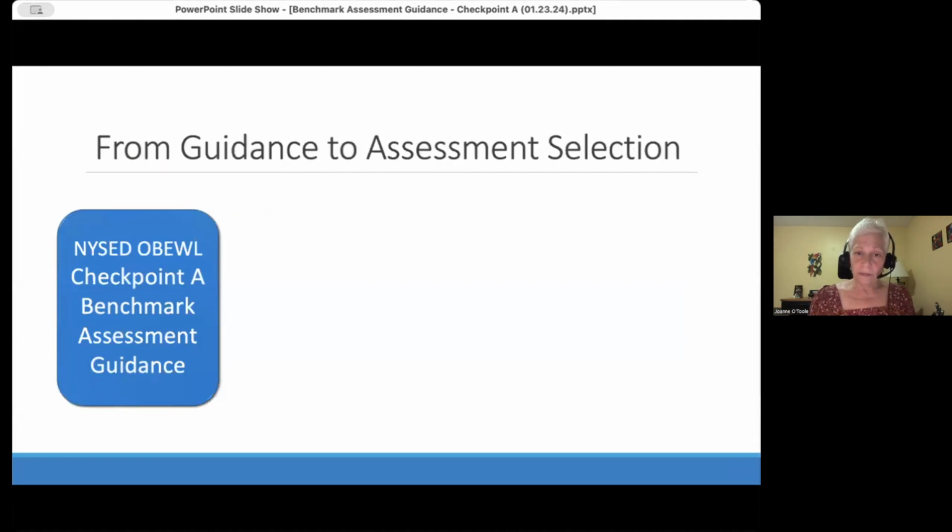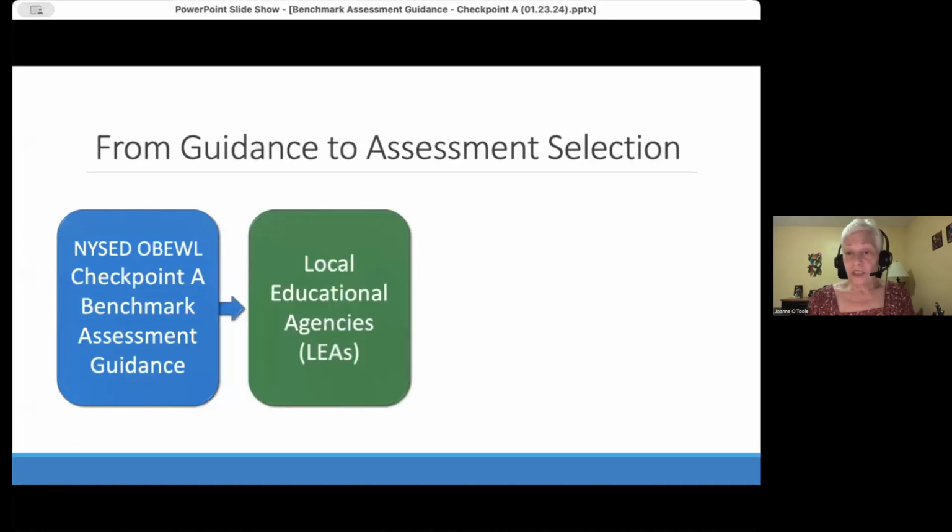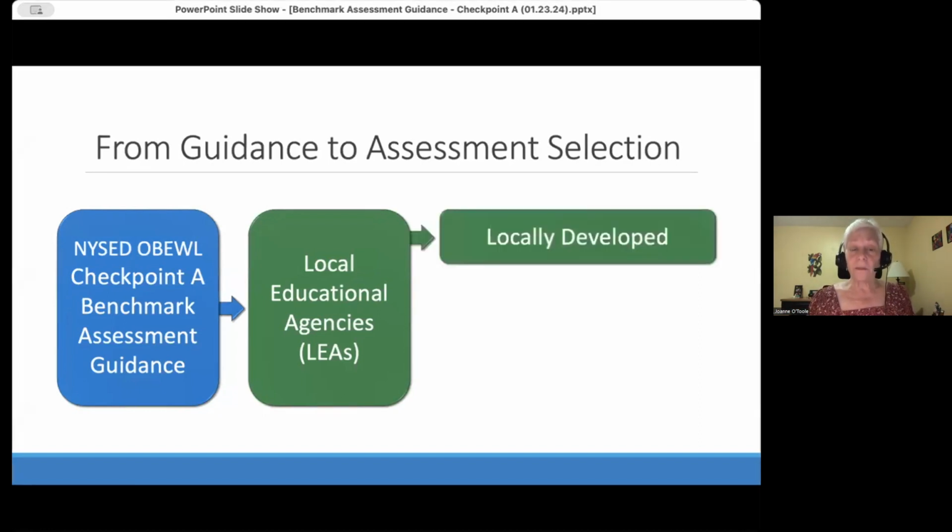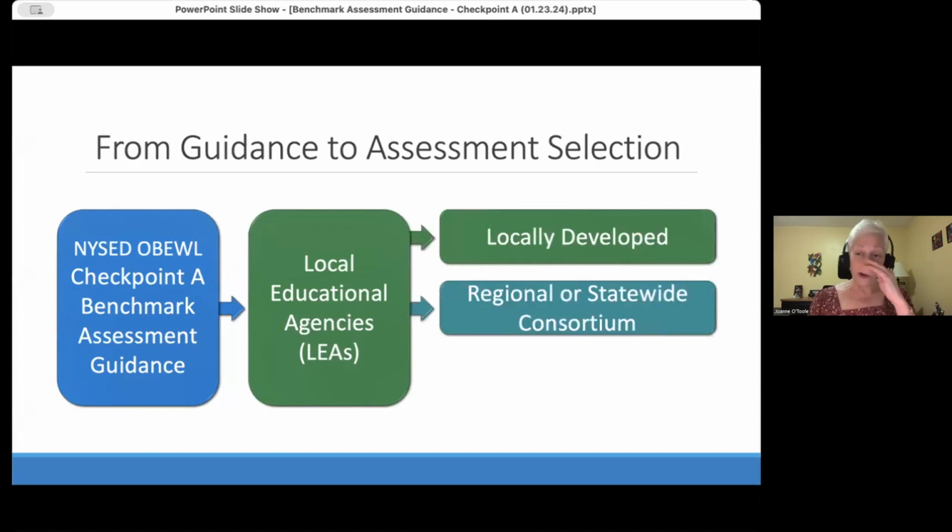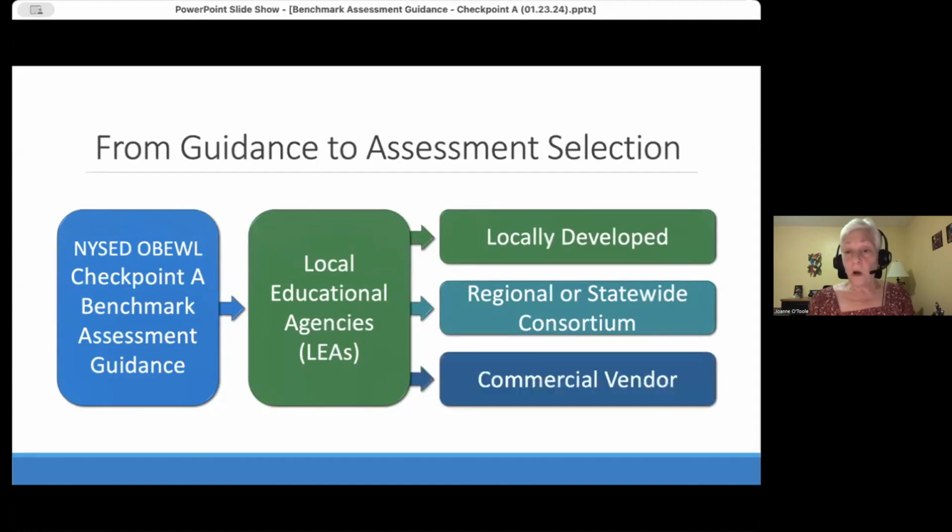This guidance is for LEAs, our local educational agencies, in other words, the school districts. And what this guidance does is give the school districts choices. They may determine that they want to develop their own locally developed Checkpoint A benchmark assessment. They could also decide that they want to purchase or acquire a Checkpoint A benchmark assessment from a regional or statewide consortium. If they do that, the regional or statewide consortium is also going to be using this guidance. They could also determine that they want to purchase an assessment from a commercial vendor. If they do the latter,